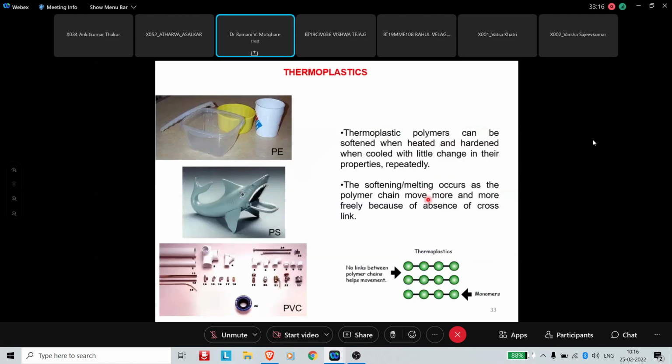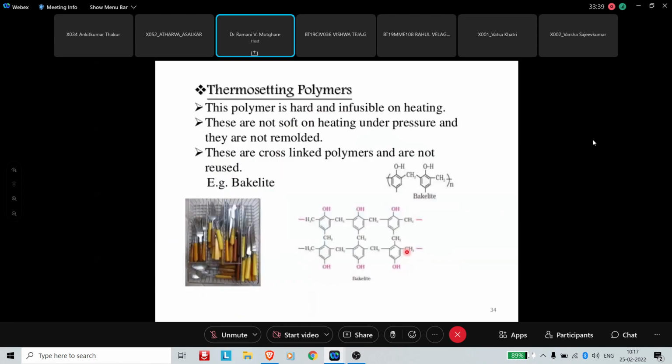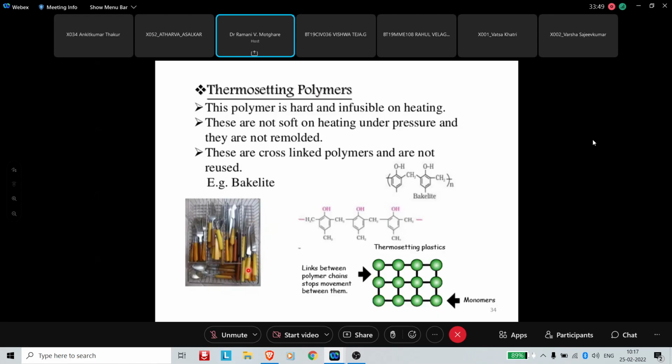Then thermoplastics are used for Tupperware and decorative articles, and PVC. You must have seen pipes and tubes that can be used. So thermoplastic polymers can be softened when heated and hardened when cooled, and that is why they can be recycled and reused. Then your thermosetting polymers are like bakelite, the handle of your knife, pressure pans, and other things, because